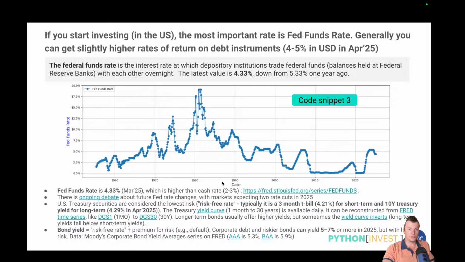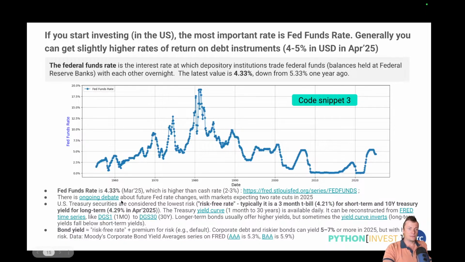It used to be 5.3% last year, and now it is 4.8%, I think 4.3%. There were 2 or 3 rate cuts in 2024, and there are 2 expected rate cuts in 2025. So if you see this, you can expect that stock markets and other markets will change their returns, especially in the US, because all these markets are connected.